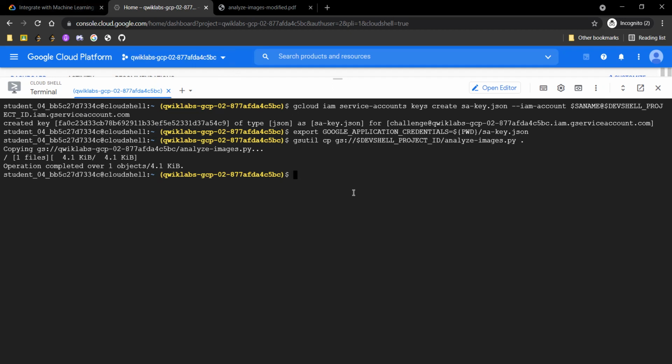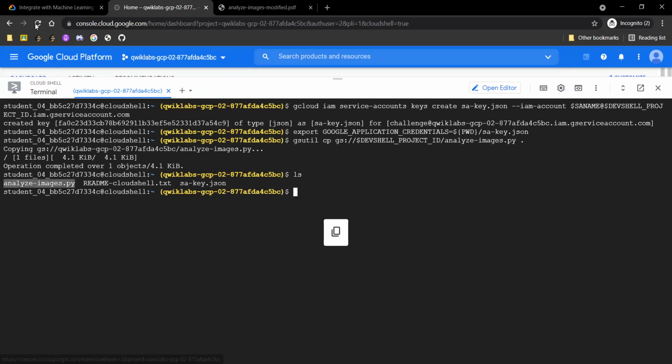So yeah, now let's list the contents of our Cloud Shell. So yeah, this is the file that we need to edit in order to meet our third task requirement.